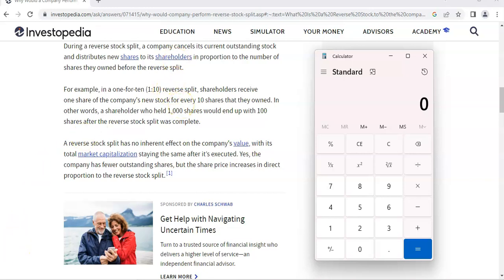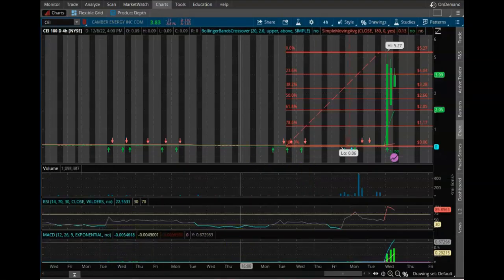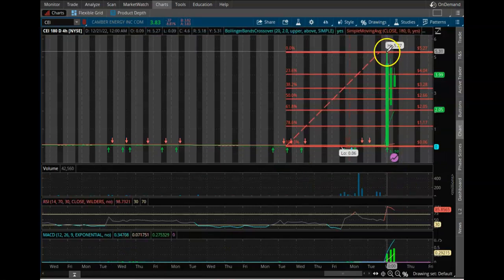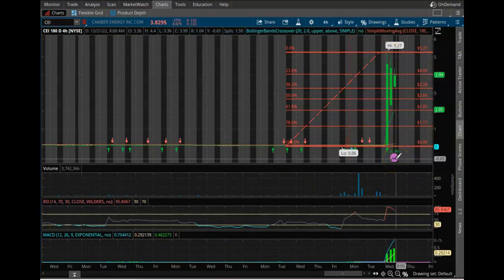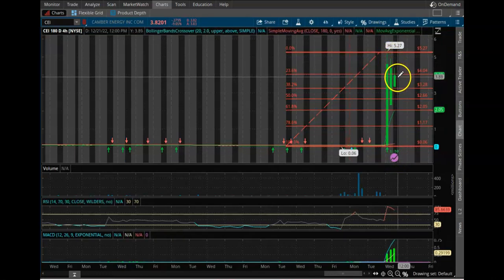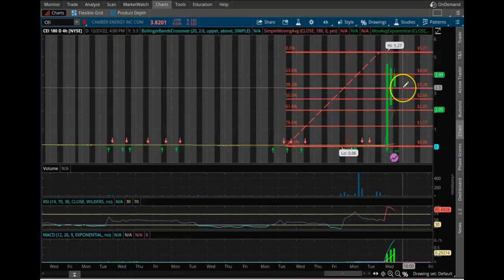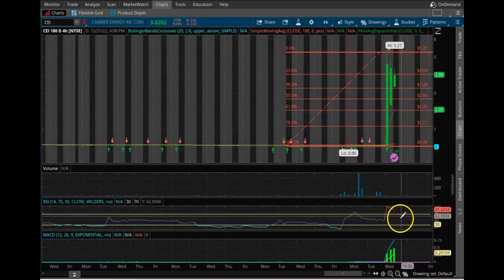So let's take a look at the charts on CEI, and let's see what they're telling us. All right, guys, taking a look at CEI. This is Camber Energy. As you see, after the reverse stock split of 1 to 50, it shot up all the way to $5.27, but now we're steadily coming down. We're down all the way to $3.82. Your level of support here is going to be $3.28,